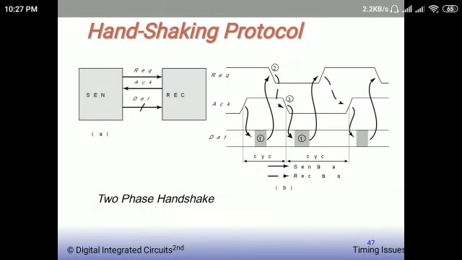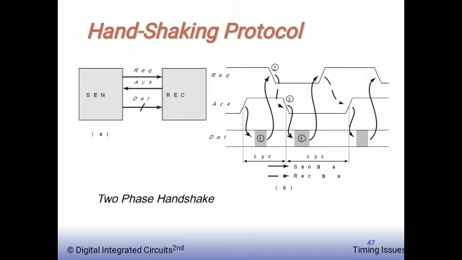So next we'll see self-timed signaling, or the handshaking protocol. As shown in this figure, besides the generation of a completion signal, a self-timed approach also requires a handshaking protocol to logically order the circuit events in order to avoid races and hazards. The functionality of the signaling or handshaking logic is illustrated in this figure. You can see there is a sending block and a receiving block. Data is sent from the sender block to the receiver block. A request will be generated, and once the receiver receives it, an acknowledgement will be generated by the receiver.